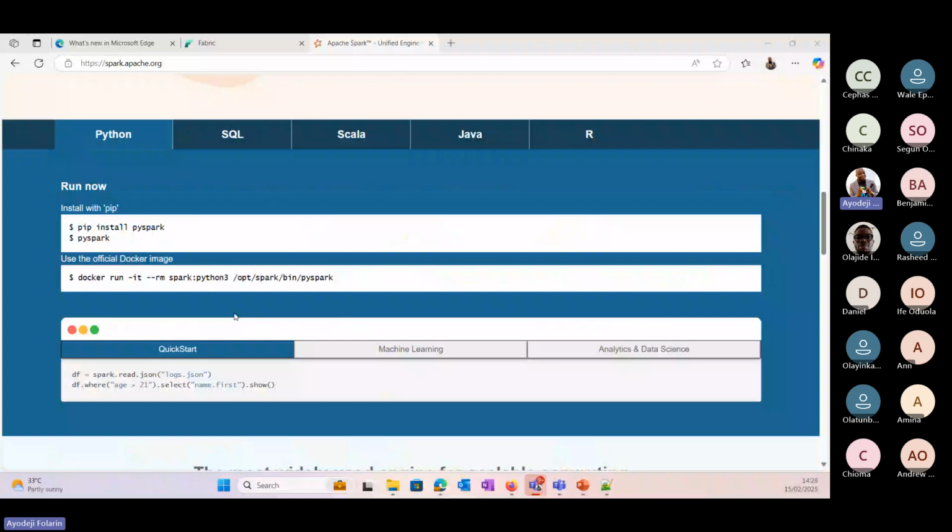Now, let me go to the workspace here. So I will click on workspaces. Hello, sir. Can you hear me? Yes. I want any other person to confirm what you can see. We're still seeing that Apache Spark where you showed us Python and SQL, all those things that work with Fabric. The screen is not changing, sir.